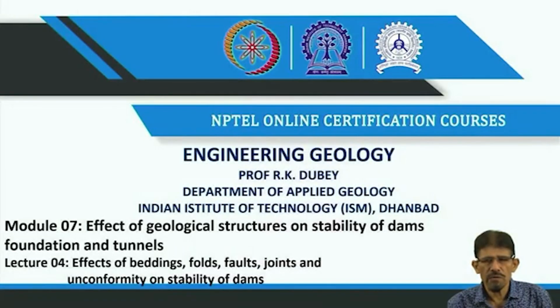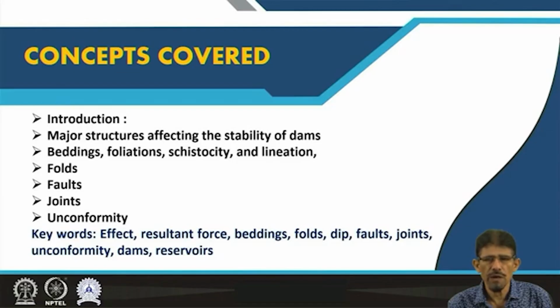particularly related to their effects on stability and safety as well as survivability of dam structures, particularly as effect on dam foundation. In this lecture we are going to see the effects of bedding, folds, faults, joints and unconformity on stability of dams. Regarding this we are going to cover some introductory aspects, then major structures affecting the stability of dam, then effect of bedding including foliation, schistosity, lineation, all types of linear structures, then folds, faults, joint